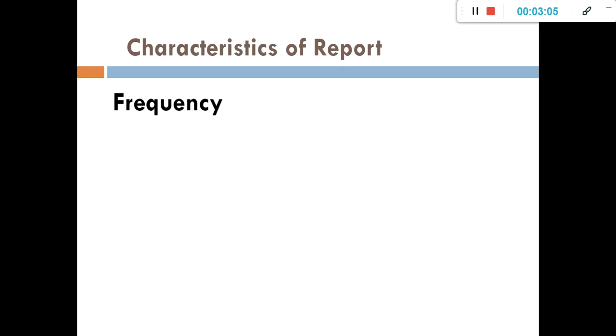Pag sinabi natin frequency, ayan. So, there are two types of data kasi when we speak of a report. So, ano po ba yung mga data na pinag-uusapan natin, sir? Pag sinabi natin data, those are the variables. Okay, so yeah, matututunan niyo yan as you go along with the lesson. So, to give you a background, meron tayo tinatawag na two types of data, yung qualitative at quantitative data. From the root word, quality and quantity, di ba? There is a saying, quality over quantity.